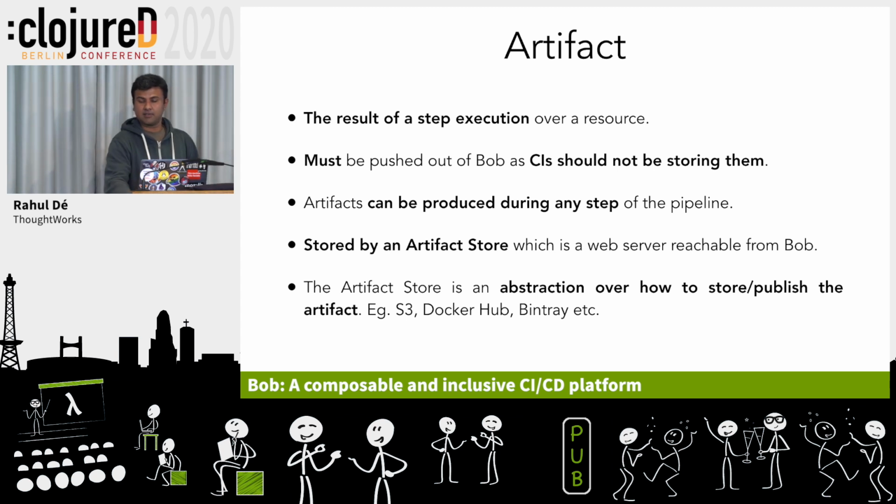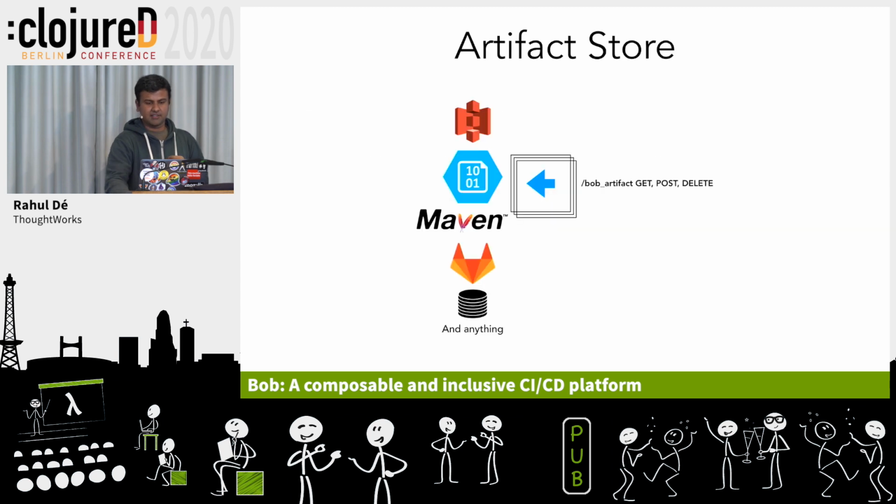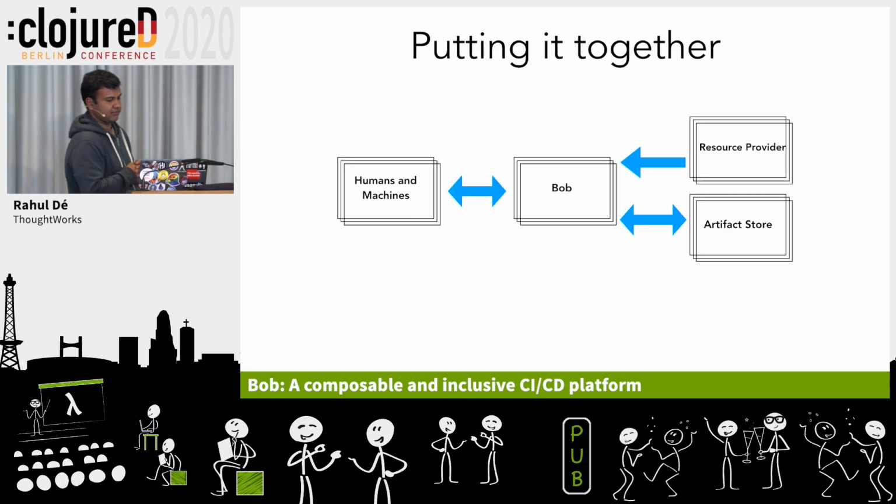Push it out. Right? So if you go on the other side, it's the same thing. So Bob, something that answers GET, POST, DELETE on an endpoint, and then you push your things out. Again, specifics of the real-life artifact store can be handled by this system instead of Bob. So if you put it all together, it kind of looks like this. You have resource providers, Bobs, and humans and machines who want to add it. And the thing that you notice here is everyone scales. Everyone should scale independently. No one should be the bottleneck, and then you as the user should also scale.